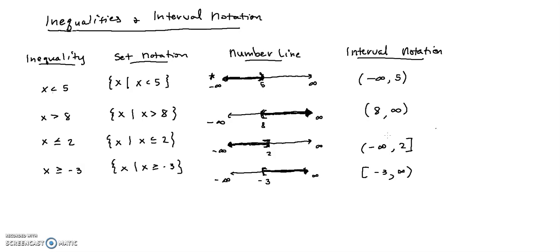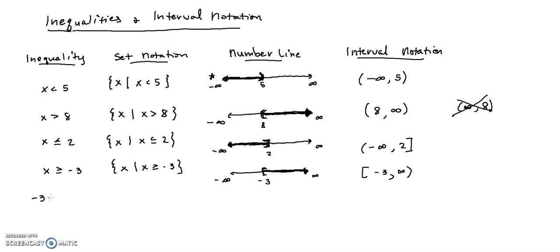Now notice you have to go left to right. If you write the interval infinity to 8, that makes absolutely no sense, okay, because you can't read this from right to left. It always goes smallest to biggest. So it has to go from left to right. Okay, this interval doesn't make any sense. And then we can also have